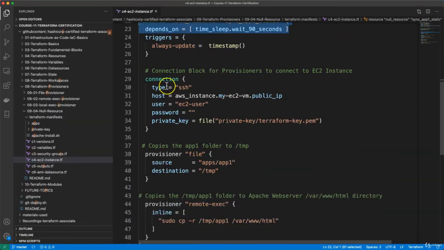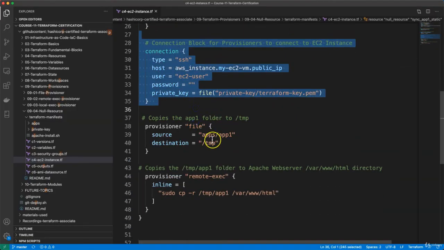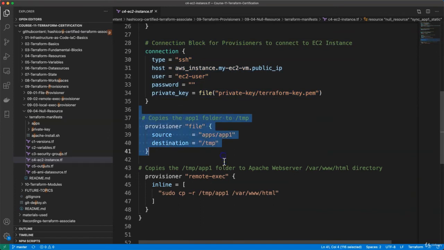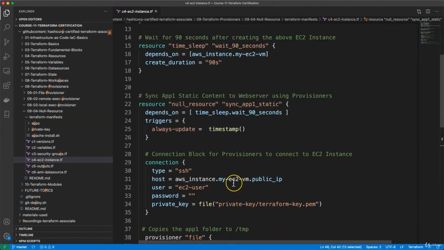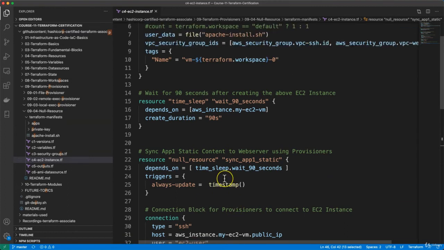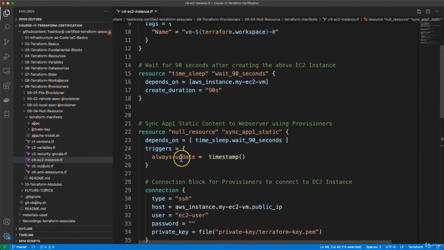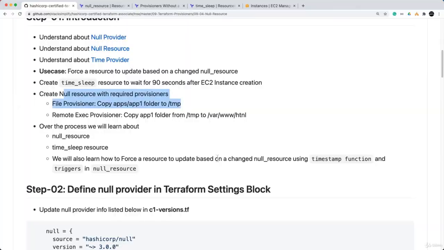So provisioners we have discussed here: the connection block and the file provisioner, and then from the file provisioner to the remote exec provisioner, same as in our previous sections. Okay, so we'll copy the app1 folder to /tmp, and from /tmp using the remote exec provisioner you are going to run it and then do the copy immediately to /var/www/html. Okay, now here one important thing for us is triggers, always_updates equal to